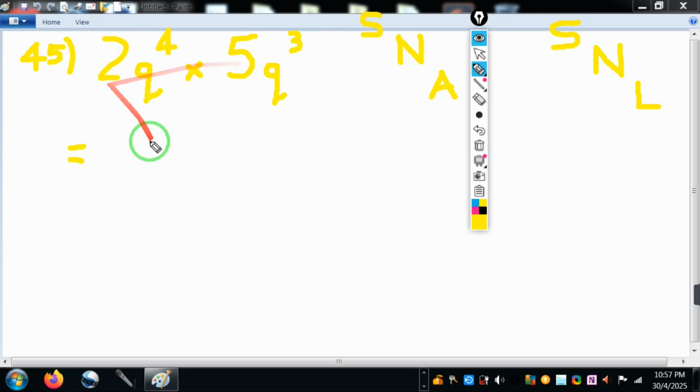So positive, nothing, no problem. 2 times 5 is 10. q times q is just the same q. 4 and 3 is 7. That's all. 100% correct. Now let me change this to